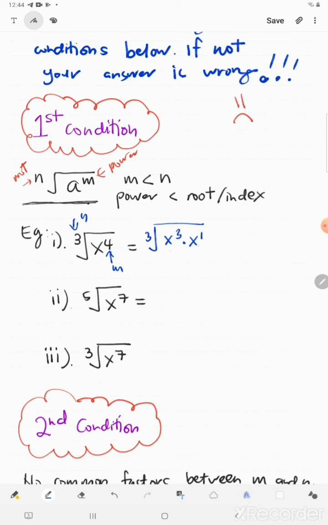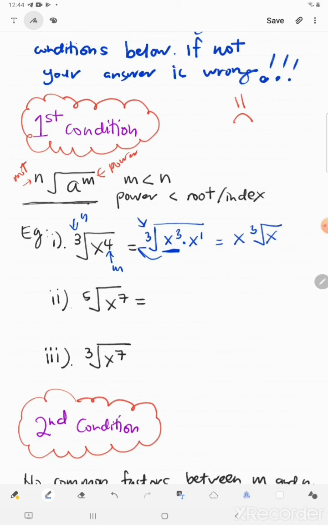Now we can see here is x power of 3 and we have the cube root. So when power 3 meets cube root, only x comes out. We bring it outside, and the cube root of